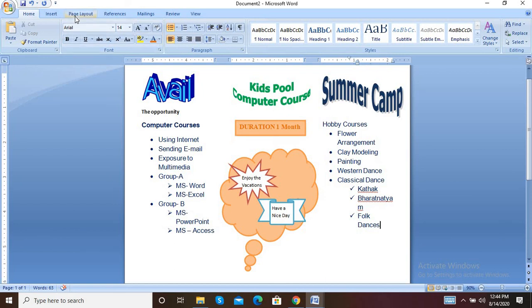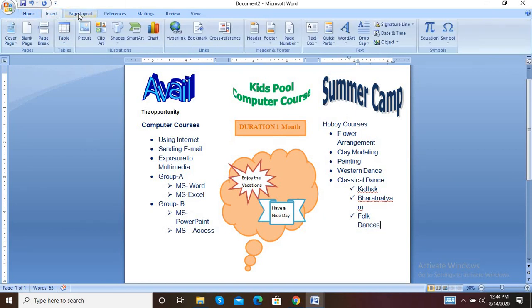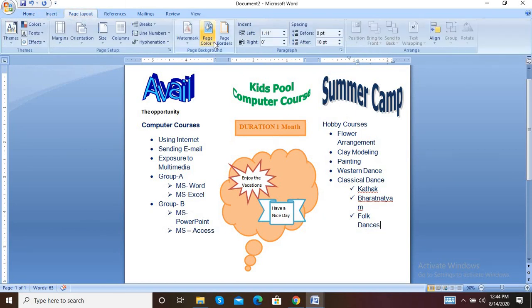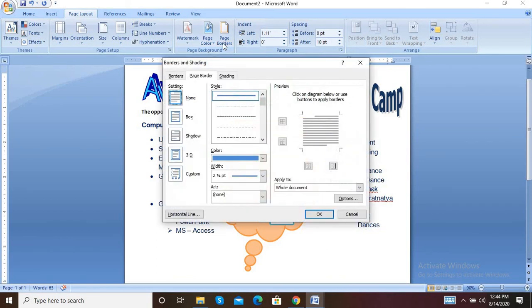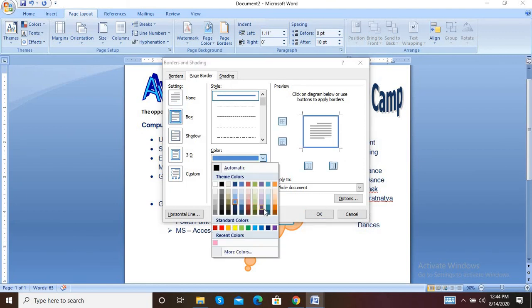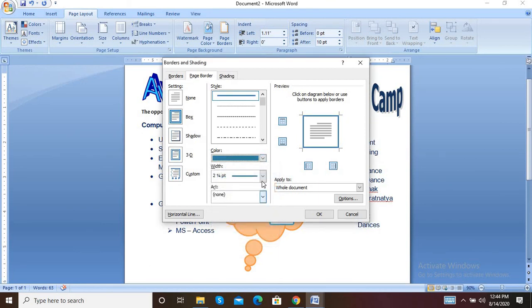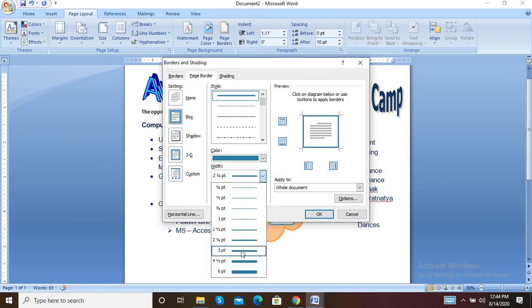Okay, next thing, some additional features that you can learn. If you want to add a border to your page, okay, so in page layout, page border is there. Go to the page border box, select any color, select the thickness of the border.